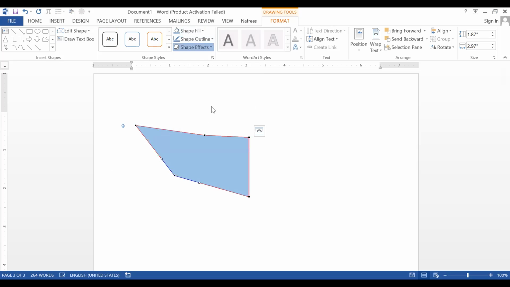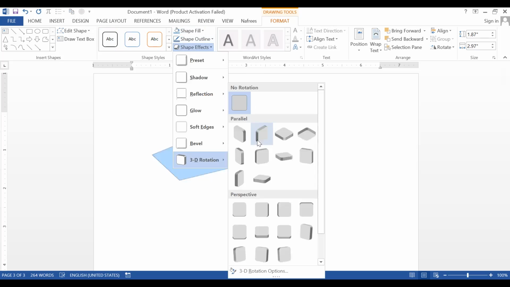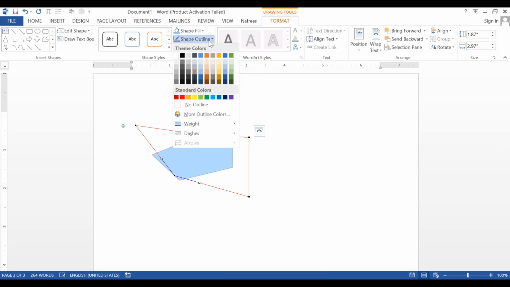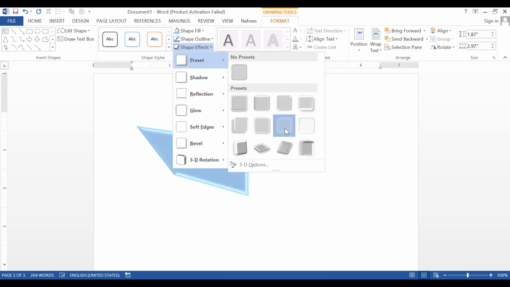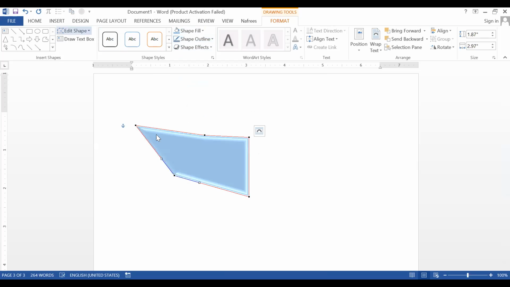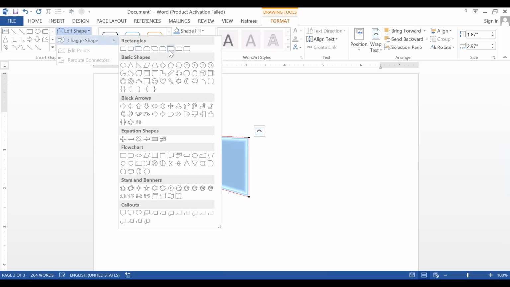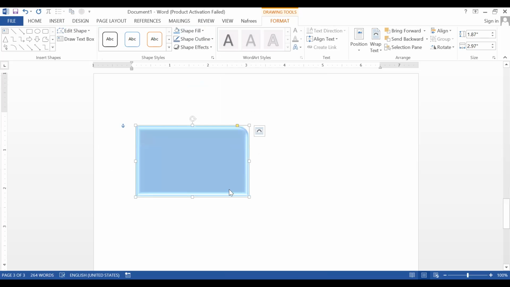Shape effect, and the height and width. So these are the things.